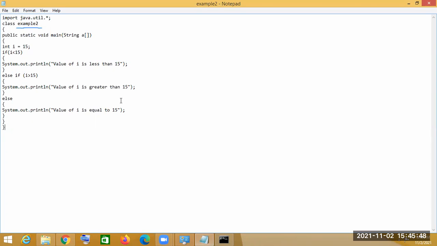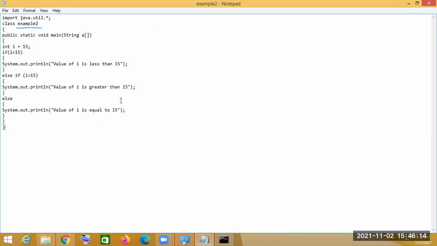If this occurs, that means if the condition is true, then only the values or statements will print.